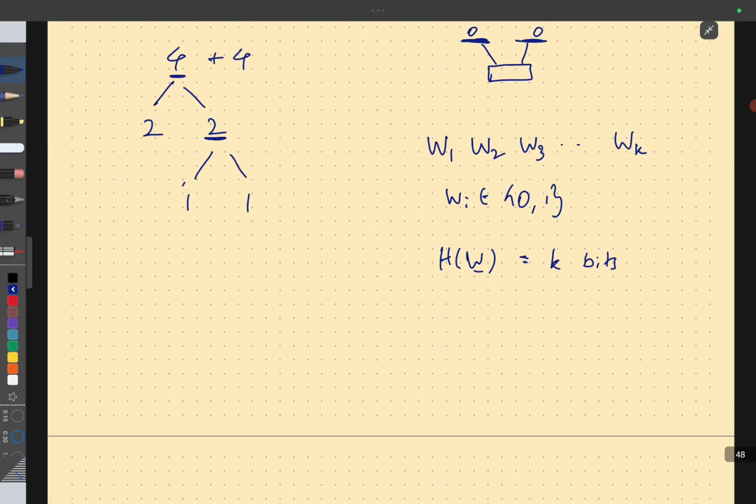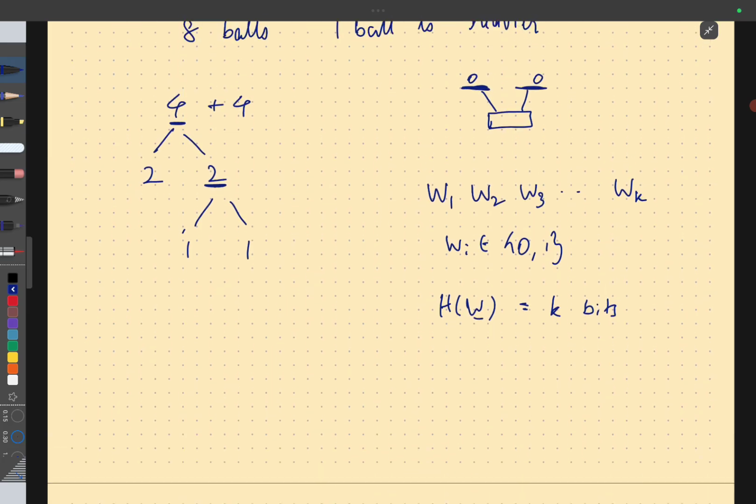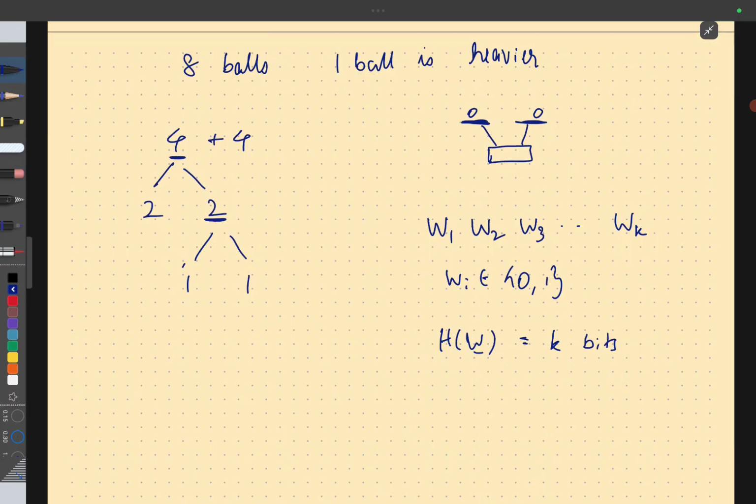Okay. Now, how much uncertainty is there in the source? In this case, there were 8 balls, out of which 1 ball is heavier than the rest. And I have no prior information on which ball is heavier. They're all identical to each other, right? Since all of the balls are identical to each other, if I order the balls, ball number 1, 2, 3, 4, 5, 6, 7, 8, each ball is equally likely to be heavier or identical to the rest,